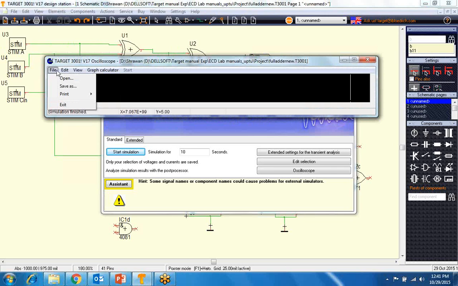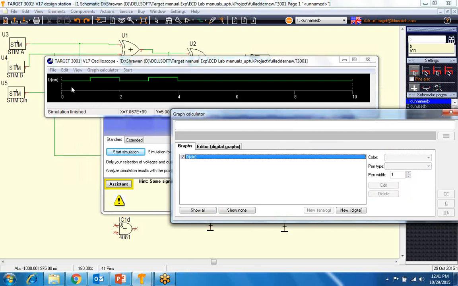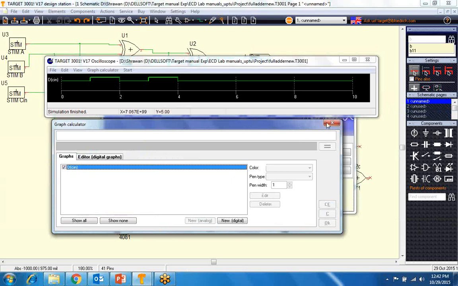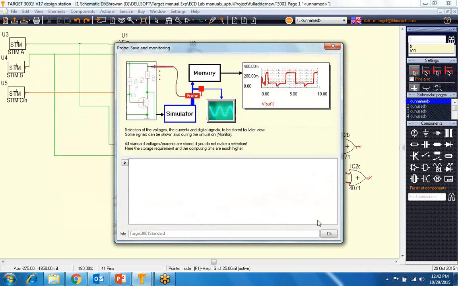like we have chosen the DC in. So DC in will be given only that particular value which we have chosen. That will show you. This is also for larger circuits, like if you don't want to see the other results and want to see some particular value only. So you just choose the probes and give the value of those probes. I have given DC in, so it will show you the DC in value only. Other values will be disabled.